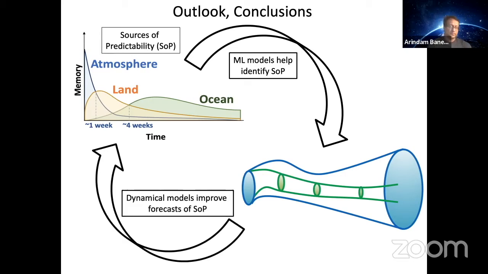So we want to really help improve SST, MJO, and other things. And the parameter estimation is using a lot of machine learning methods. So this is the high-level outlook. I think we have initial promising results. We believe ML models will be able to push the state of the art, but we definitely need help from the dynamical models in order to improve forecasts of those sources of predictability. And in a way, we would like to hear from other people who have expertise in these things.